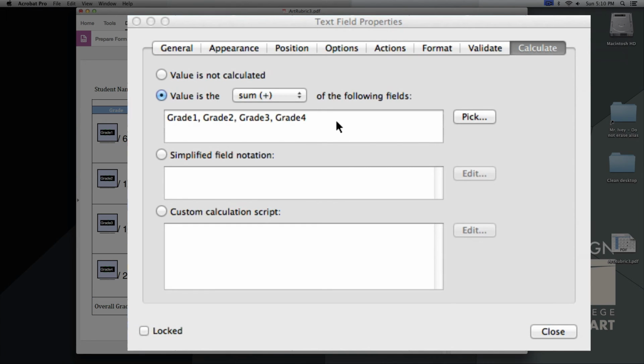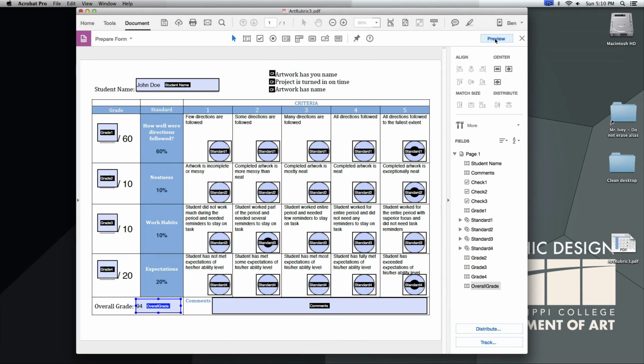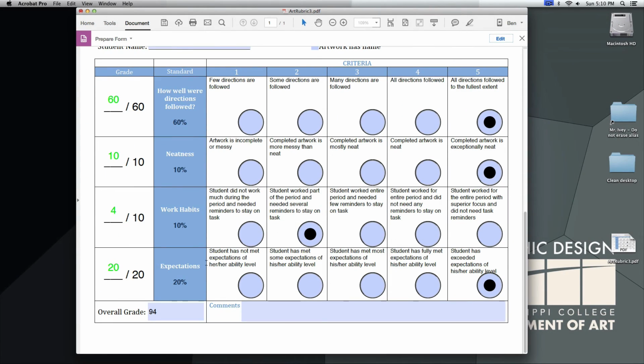You can see there they are added at the bottom. And we'll close this out. When I go back to preview, here you can see our final overall grade is placed right here. And as I click on each one, it's going to add up and automatically give me my grade outcome. Again, I can go back and change the formatting, change the color of how it looks, but now the functionality